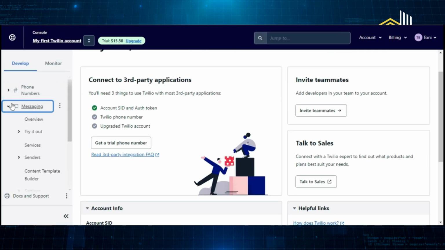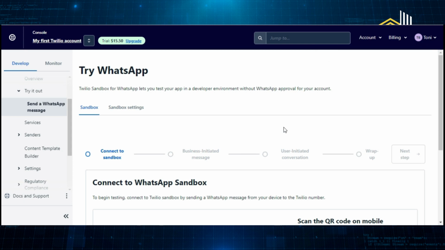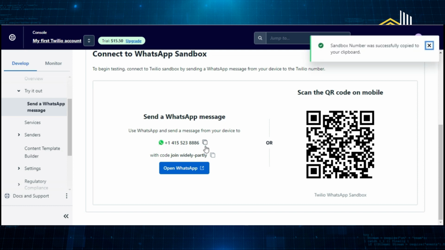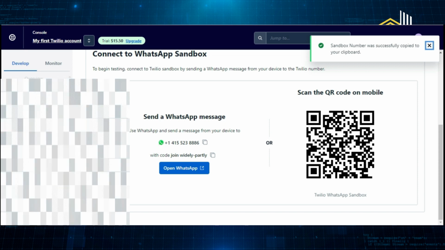Click on messaging and then try it out. You can see the send WhatsApp message. So you need to connect to send a WhatsApp message. Either you're going to text the number or scan the QR code. So now we're going to copy the number and then the code, and then we go to WhatsApp, new chat,